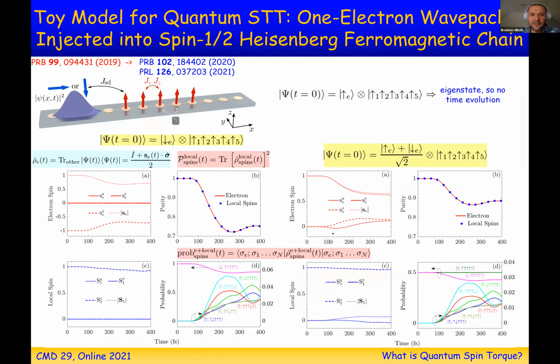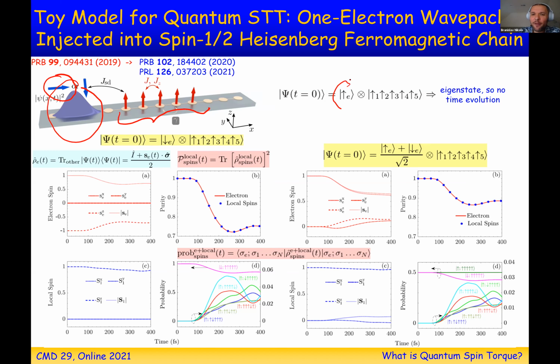Before I actually start with these heavy guns, let me use a very light gun. This is the kind of calculation that you can implement in some of your courses, for example, on computational physics, even though nobody has ever studied this in American Journal of Physics or computational physics textbooks. So you take a Gaussian wave packet and you polarize that packet. Polarized means you could polarize the wave packet either along the x-axis in this case, or along the z-axis, and then you hit the Heisenberg model. And you also allow some hopping between the sites. It's not just a plain Heisenberg model. It's more like what is called the Kondo-Heisenberg model.